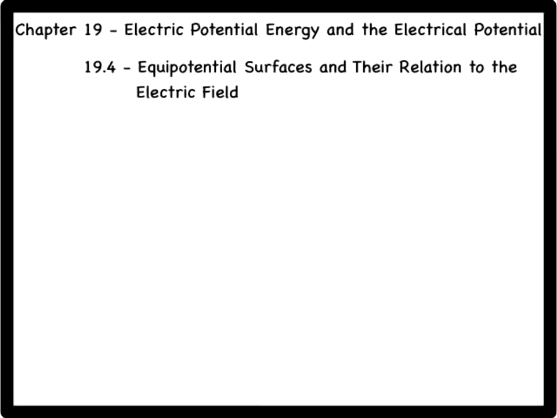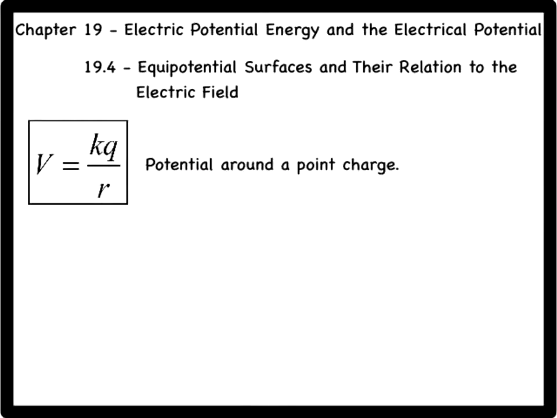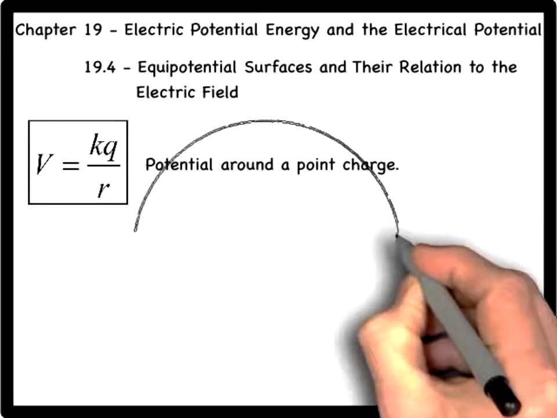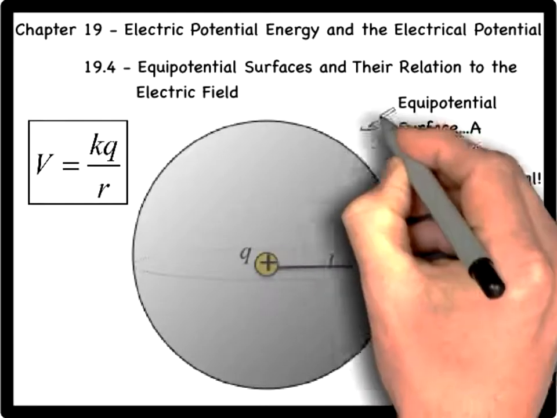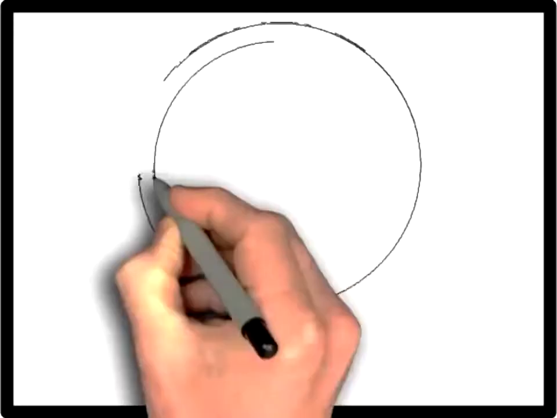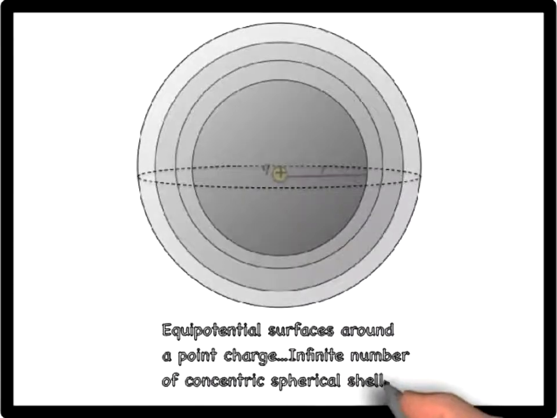In the previous section, we showed that the electric potential around a point charge Q is given by the following. This means the potential has the same value in every direction at a distance r from the charge. In 3 dimensions, this constitutes a surface of constant potential called an equipotential surface. And thus, for point charges, the equipotential surfaces are an infinite number of concentric spherical shells of constant potential centered